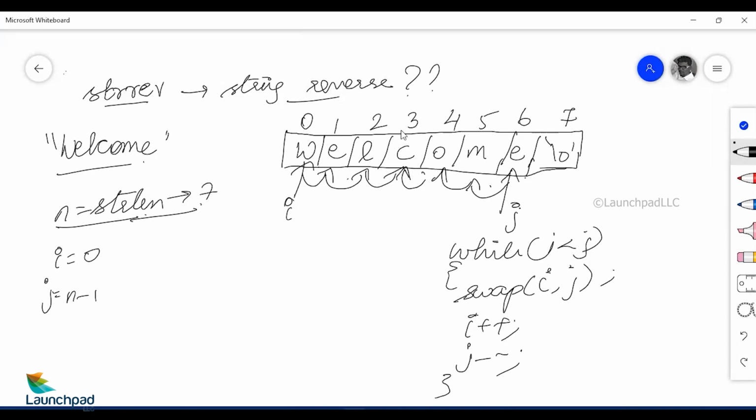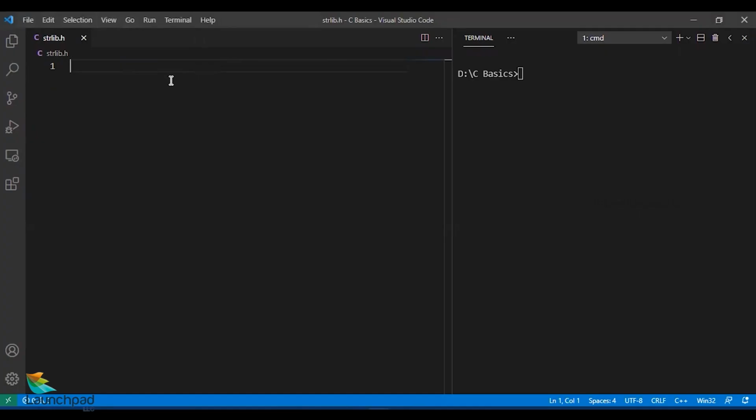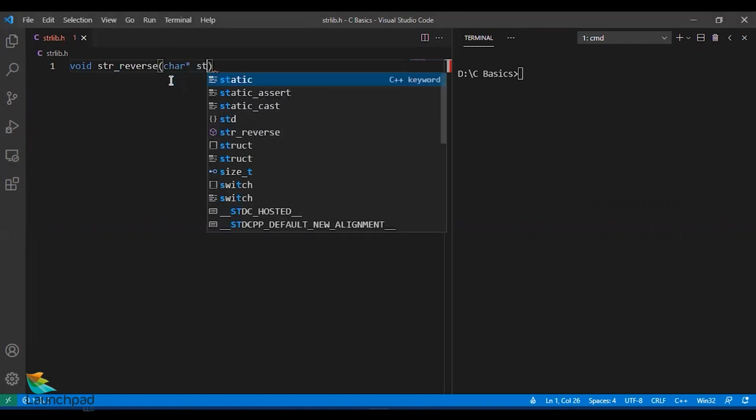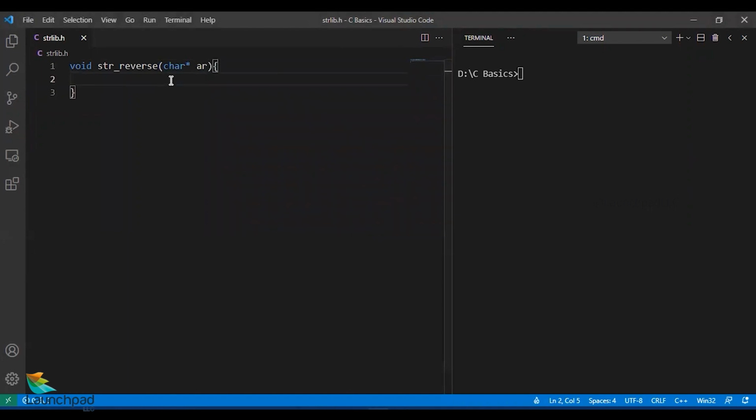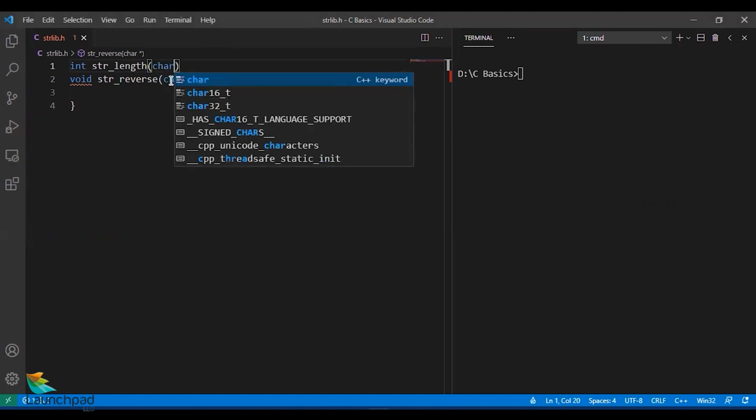Now let us implement this string reverse function initially and see what changes we can bring to it. I'm saving this file as string library.h, a custom header file, which would reverse the whole string. I'm writing void str_reverse of just the character array ar. The very first thing I'm doing is finding the string length of it, for which I need the string length function, which is yet again a user defined function, strlength. I'm finding the string length manually.